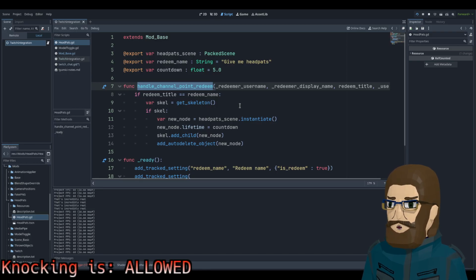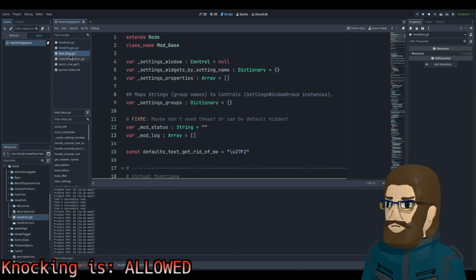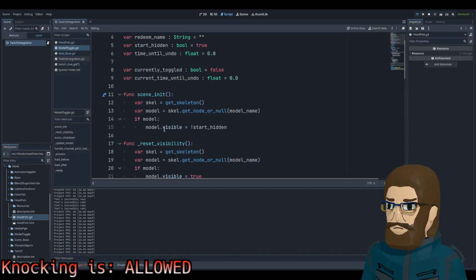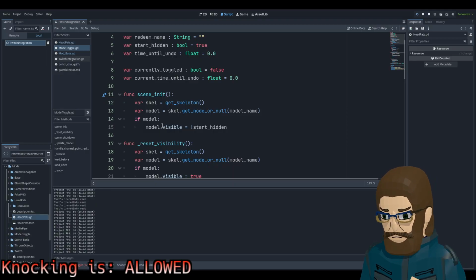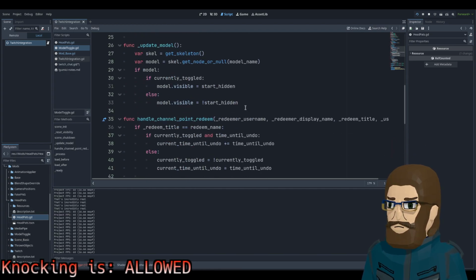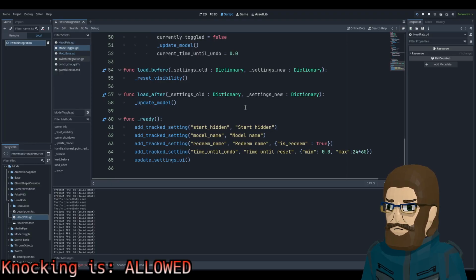Hmm. Okay. Interesting. Scene init. Yeah, I guess all of these update model, process, load, load, load, ready, ready.